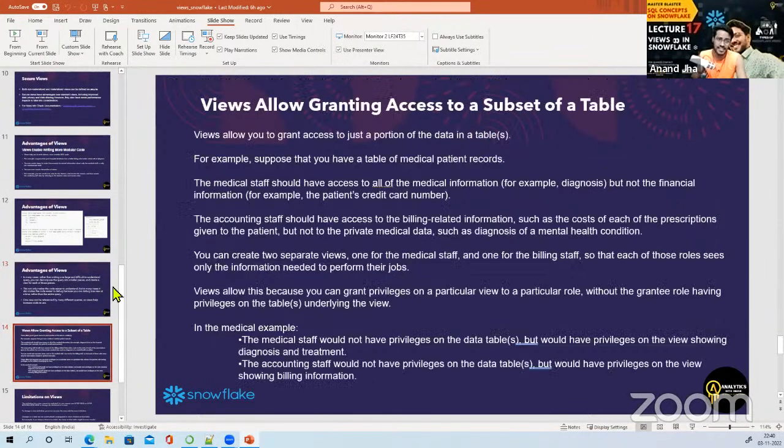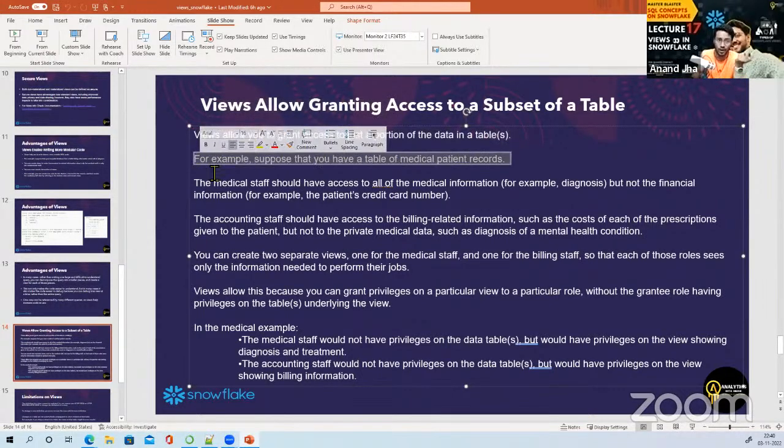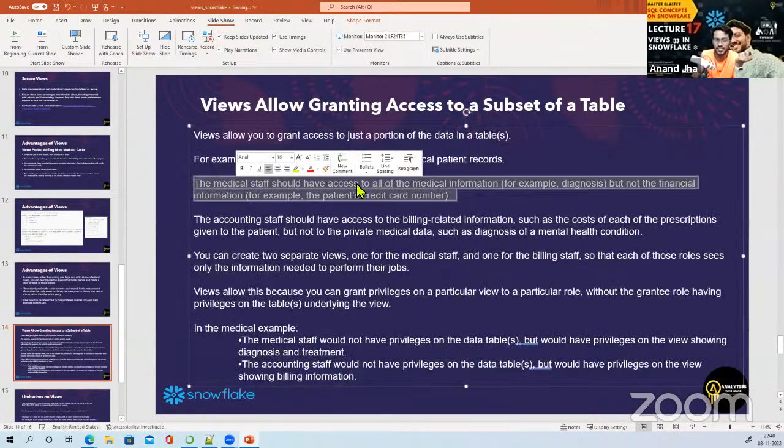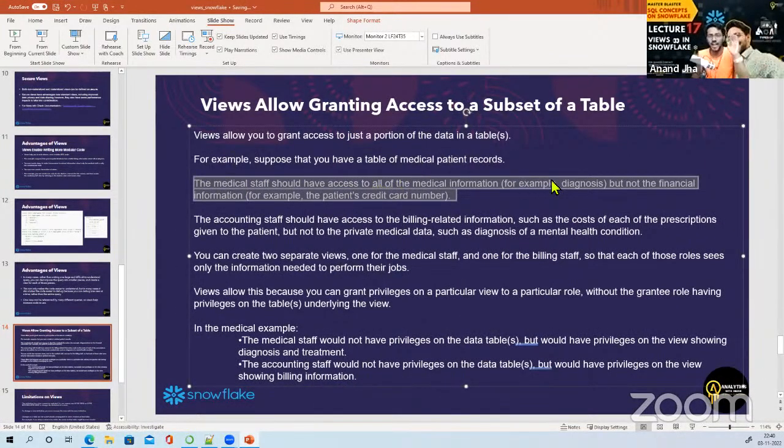Next, views allow granting access to a subset of a table. This is the reason we are studying views. Subset of a table: I am giving certain access to the rows. You saw nurse and doctor I have created for the medical staff. So views allow you to grant access to just a portion of the data in a table. For example, suppose you have a table of medical patient records. The medical staff should have access to all the medical information, diagnosis,